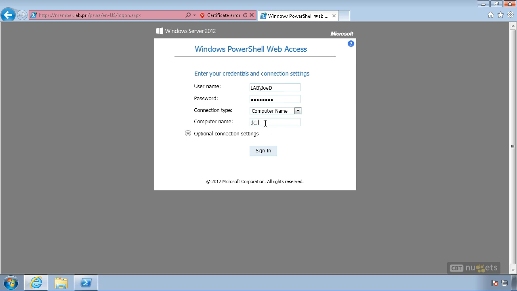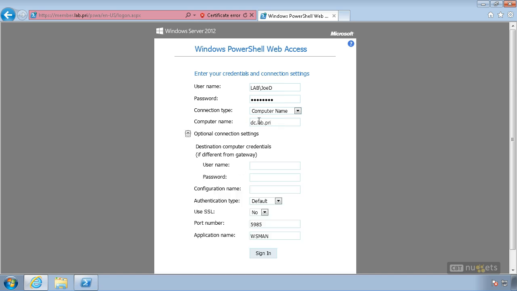Let's connect to DC.lab.pri. Now here's some of the optional things you can do. So what's going to happen is I'm going to use this to authenticate to PowerShell Web Access. If I don't do anything else, it will impersonate, not delegate, it will impersonate that account to get to whatever